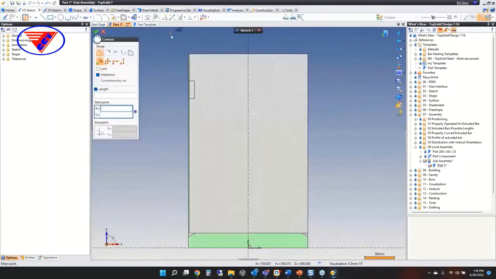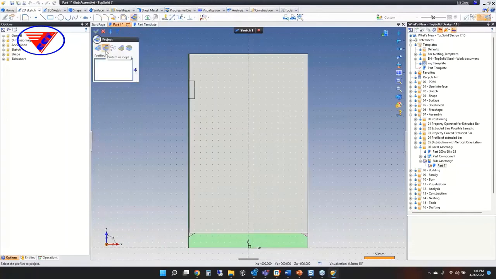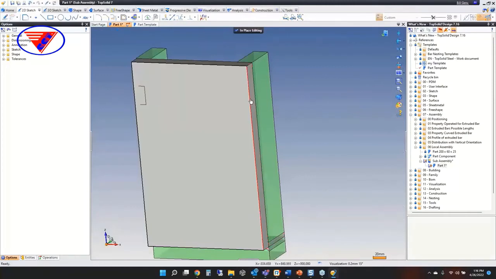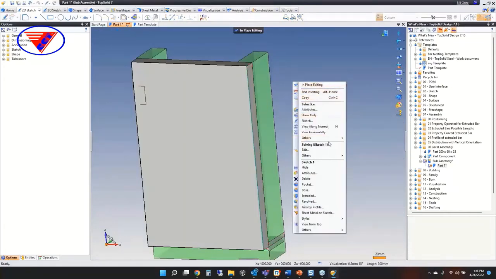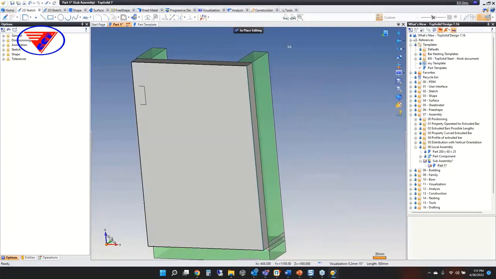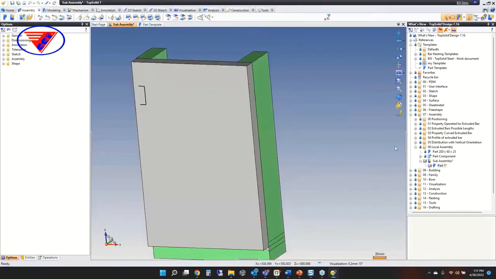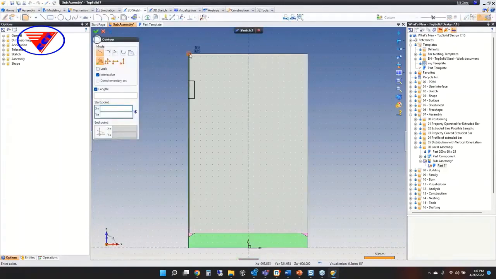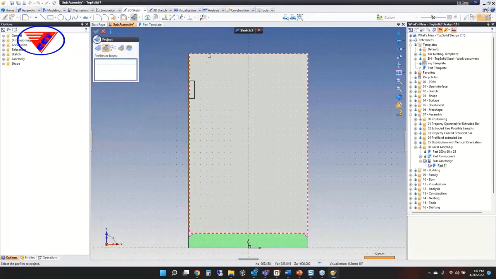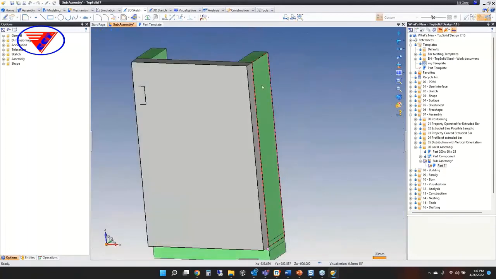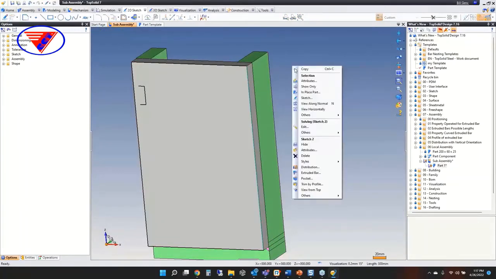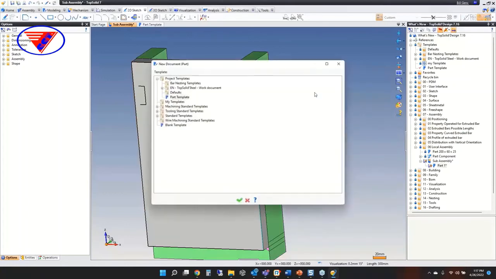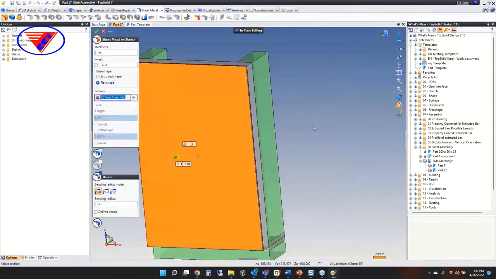If I go here and I create a sketch for fun, I'm just going to keep this nice and simple. Grab that profile. So I have a sketch selected, and I created an in-place part on that. All right, I'm still in my in-place part. Let me do that again. Let's create my sketch here, and we're just going to copy that profile. Perfect. So now if I select my sketch and I do an in-place part, again with my custom part template,